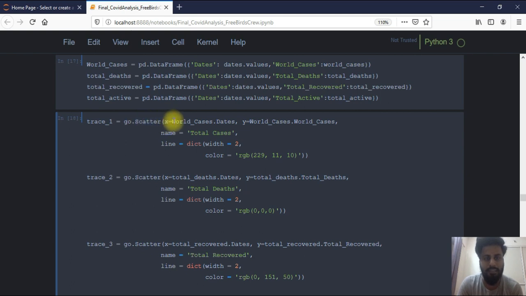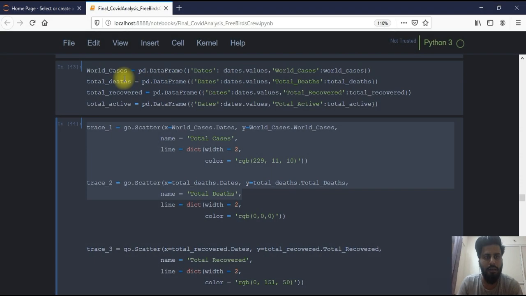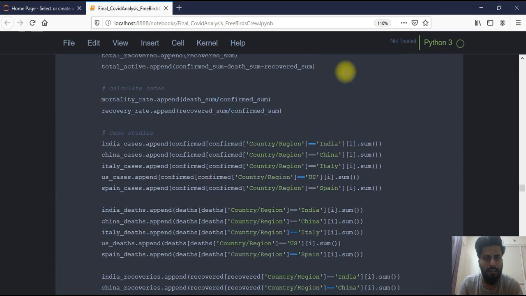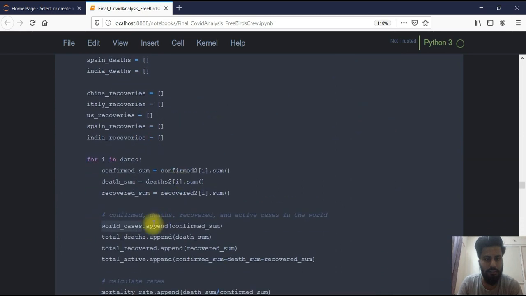So here the x is the dates, that is the dates that I get here. As you can see here, I use the data frame function of pandas to make a data frame of our list in the world cases. So now I made the data frames from the lists that we made above, just like this world cases. The list I make is this. I can append all the confirmed cases in that list, and total deaths in this, total recovered in this, total active in this.